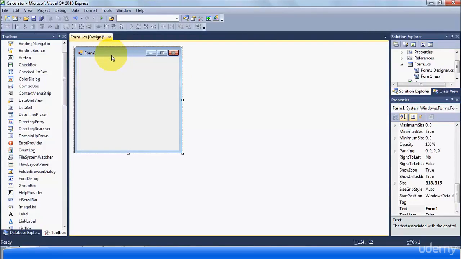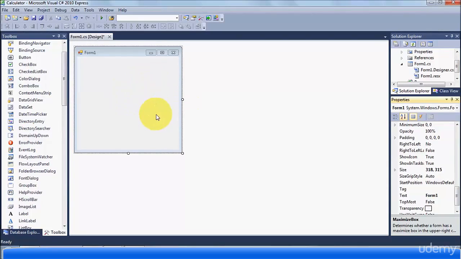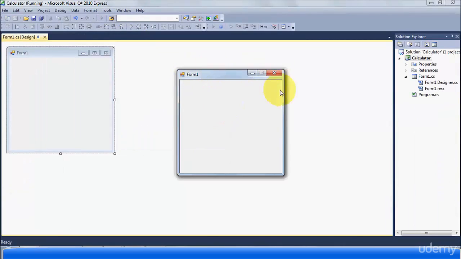First of all, the disabling of this maximize button. So select your form here and search for the property called MaximizeBox, and by default it's true. You need to make it false, so just make it false. And then in order to open this form in the center, go to the property called StartPosition, and by default it's WindowsDefaultLocation, and make this property CenterScreen. Okay, so this will open your form in the center. Now let's try and run the program once again, and let's see if it's opening in the center. Yes, it's opening in the center,